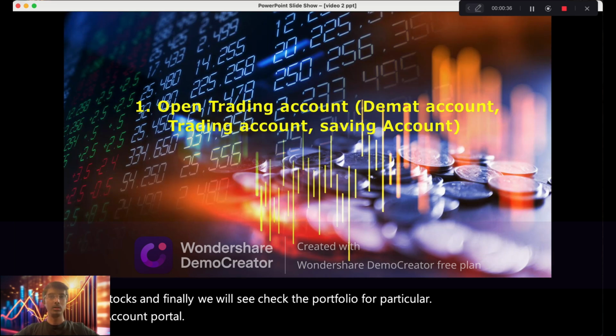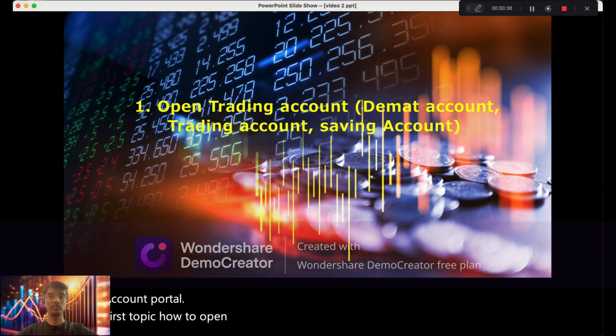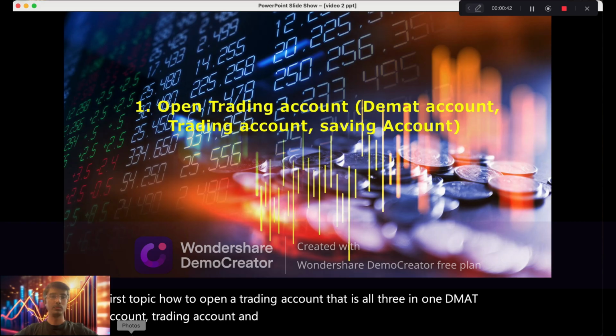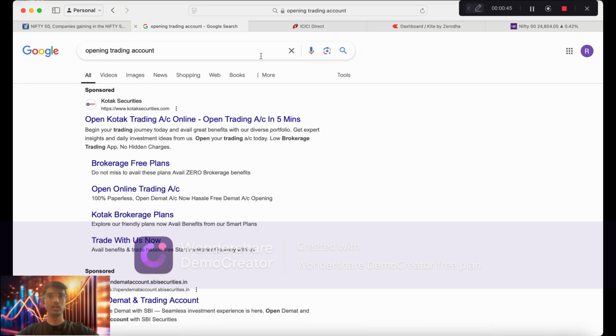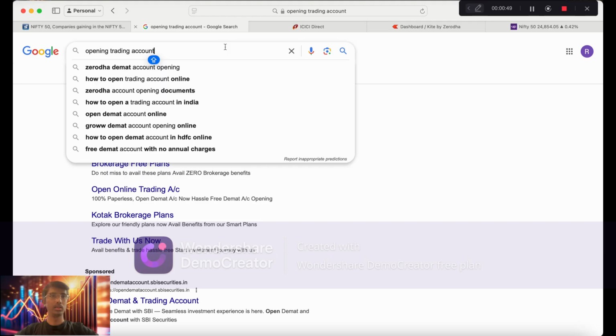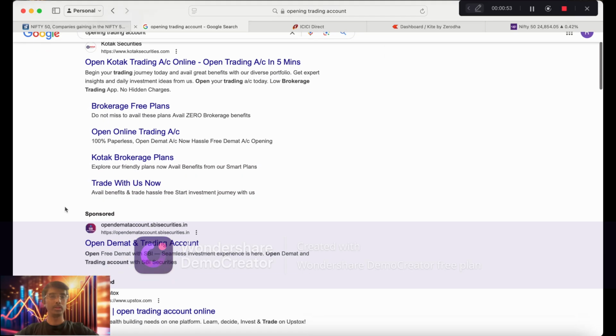First topic, how to open a trading account, that is all three in one: demat account, trading account, and savings account. For that you need to open Google. In Google, type opening trading account. In opening trading account we have multiple